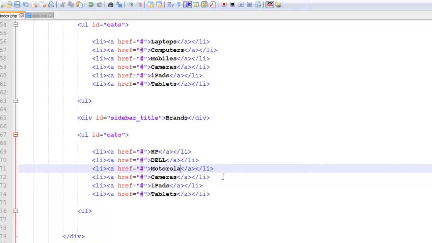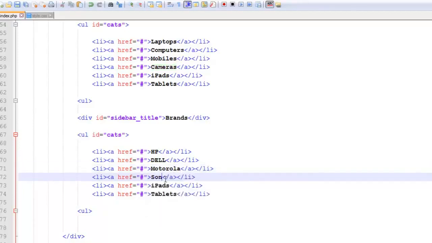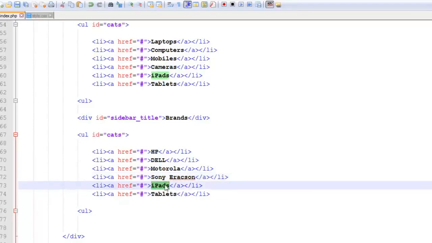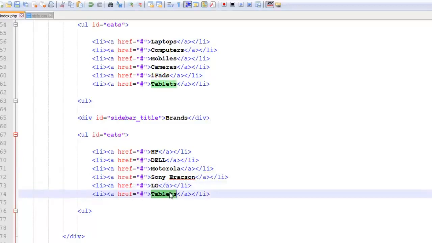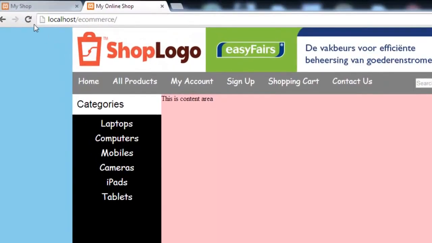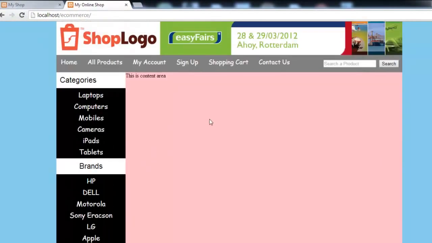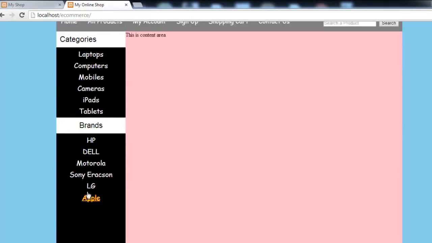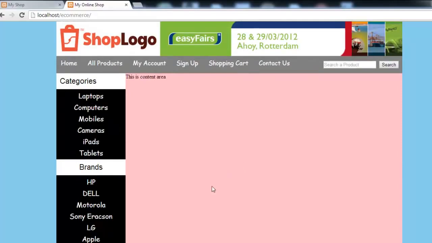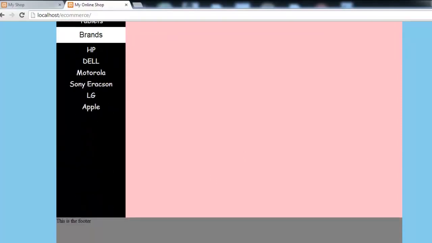Motorola, Sony Ericsson, LG and Apple. These are basically brands. Control S to save. Come here, press, and you see brands are also here. These are categories and these are brands. You can add more to the brands as well as the categories, but in the next video we are going to work